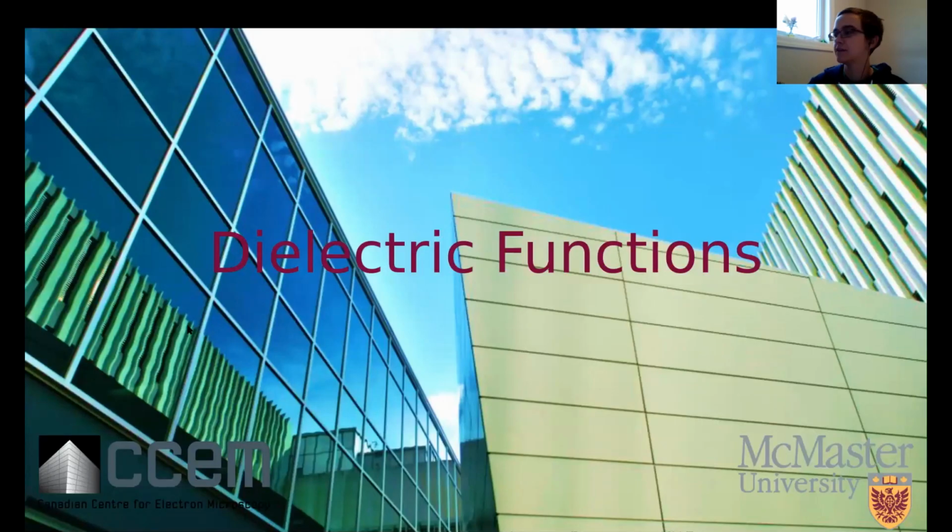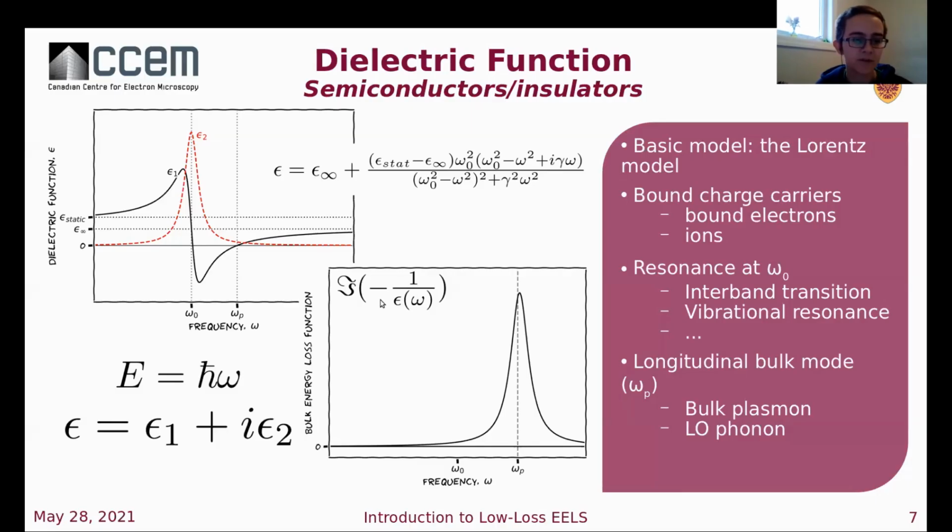So, considering the signals that we get in low loss EELS, very often we want to consider what the dielectric function of the sample looks like. The signal you get in low loss EELS is really dependent on the dielectric function throughout the infrared to the ultraviolet. So I'm going to take a quick look at some of the basic dielectric function models first of all. For a semiconductor or an insulator, the electronic states and transitions within the material can often be described